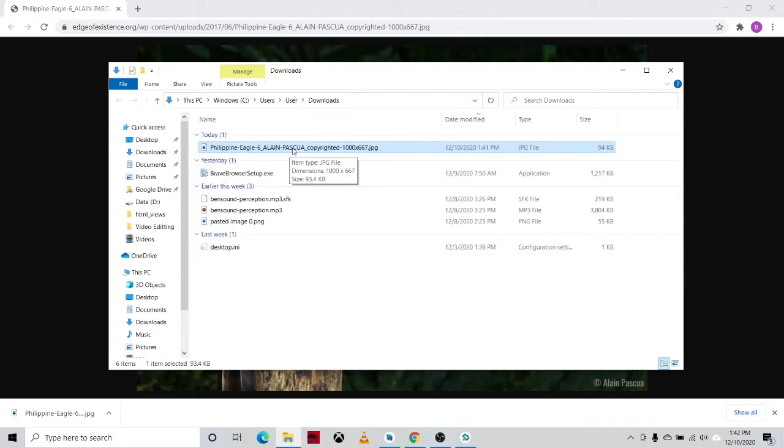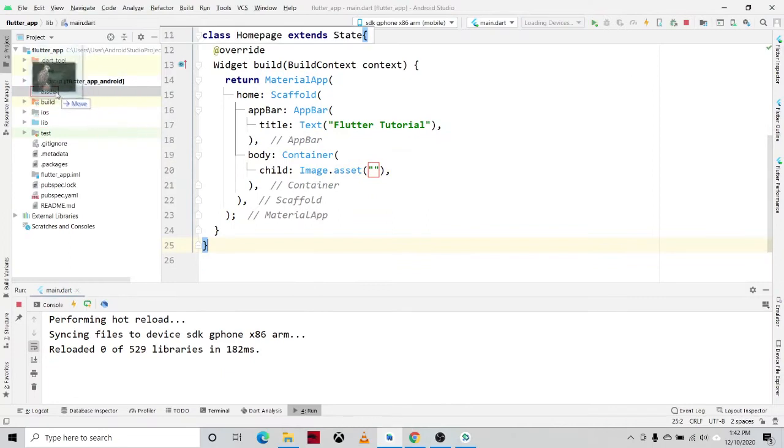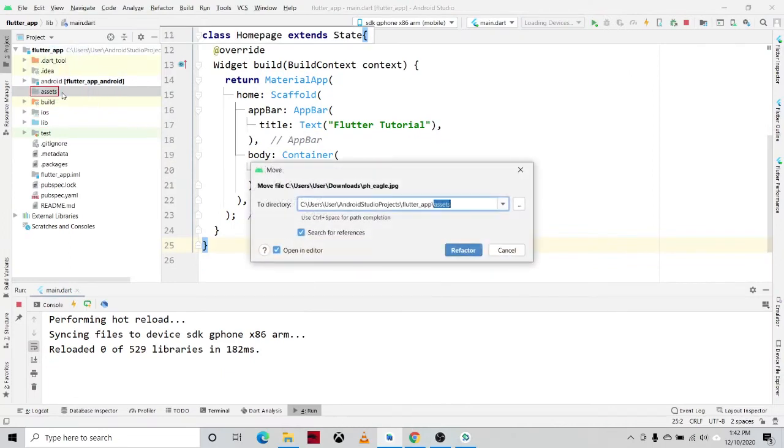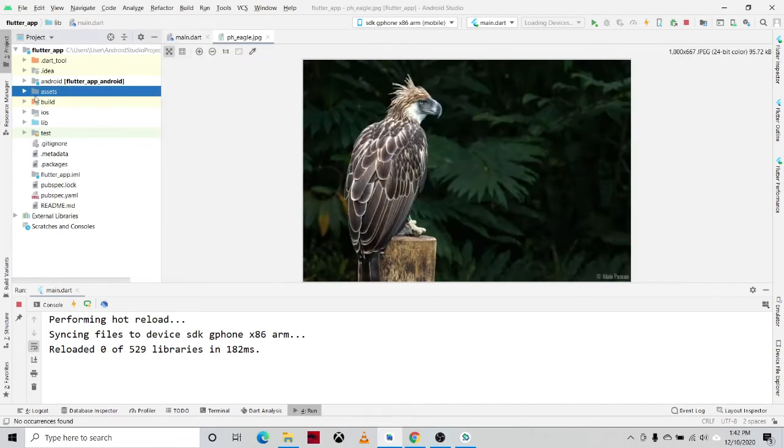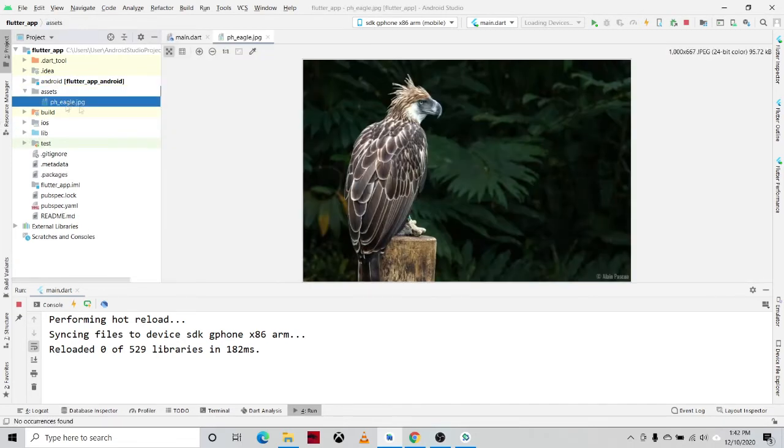To make the file name simple, we'll be renaming it to ph_eagle. Okay, and then we'll be dragging this one into our assets folder. Okay, so refactor, and then we have the image here.